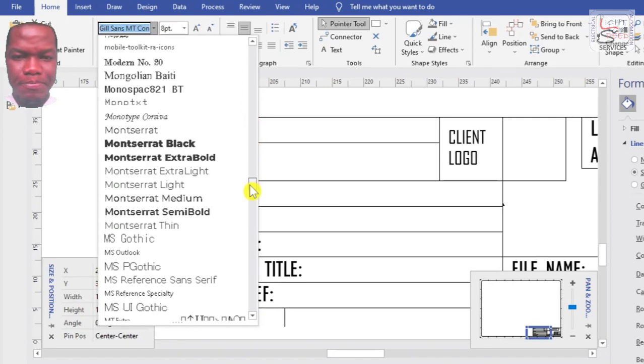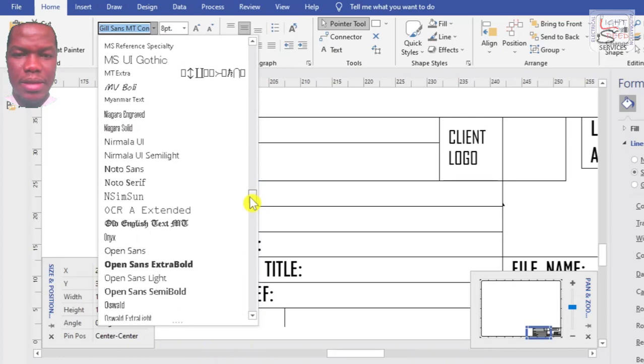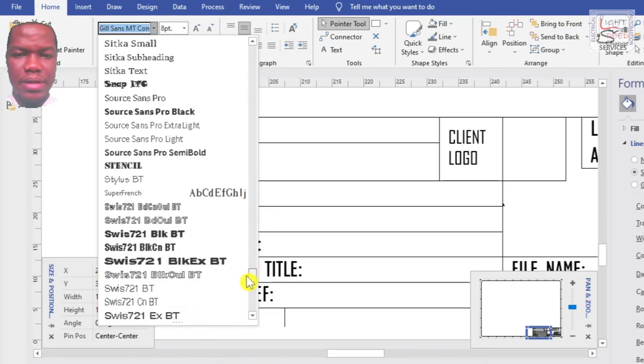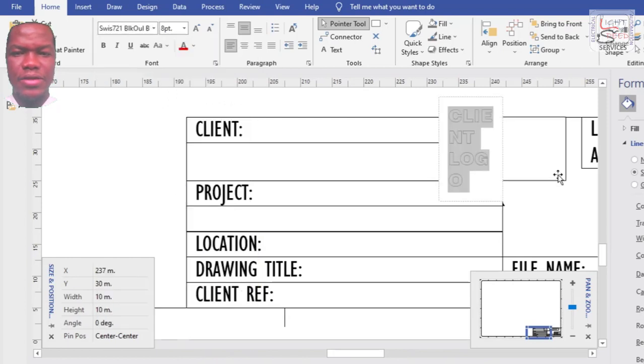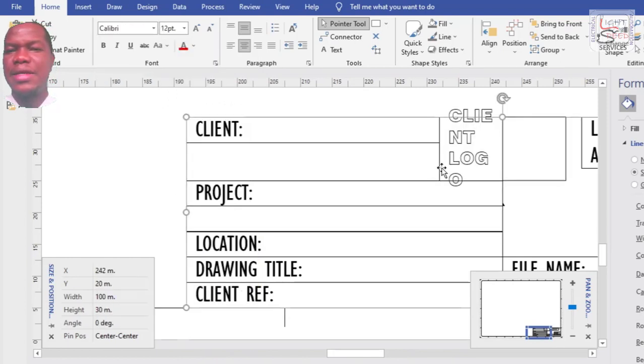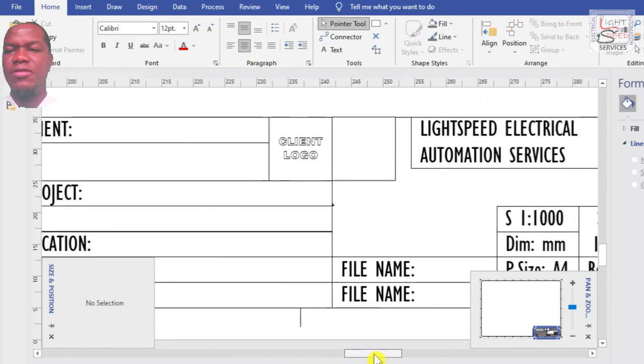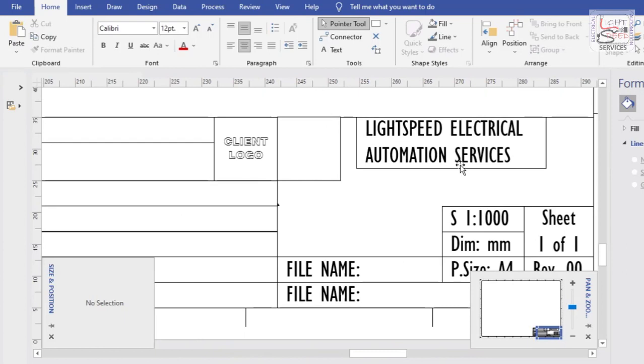What's the name? I think Swiss 721. Okay, so this works well. When you print, this doesn't consume a lot of ink because it just shows you the outline, nothing in the fill. Reduce the size to fit it in.